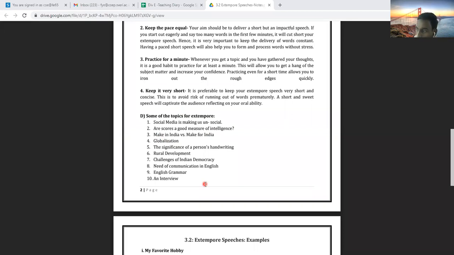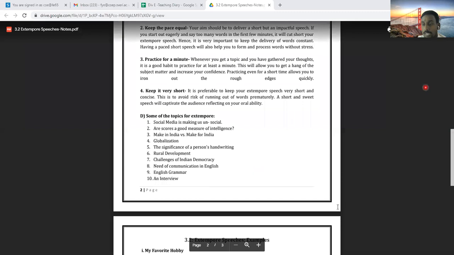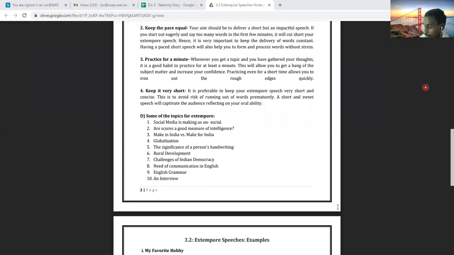Recently, for a group discussion, one topic was given: The walls are dead. When the topic was given, many of the students were unable to speak. They failed to understand what walls are dead meant. It refers to how these days, because of globalization, people throughout the world are coming together, and there is no barrier like earlier, when it was because of geographical areas and something like this. But students failed to understand, and nobody was able to talk on this topic. So you people try to understand topics well.